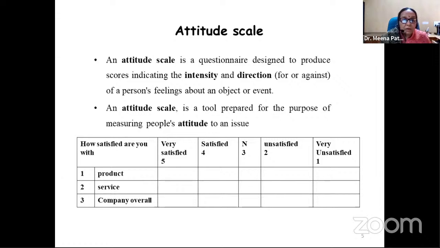But how can one be satisfied only by giving product? So there is a need to develop the scale on the product, which defines the product description. Second one is service. Based on the word service, we can't say that their attitude is positive, so you have to develop some scale on service. And third one is company overall performance. That is the way you have to